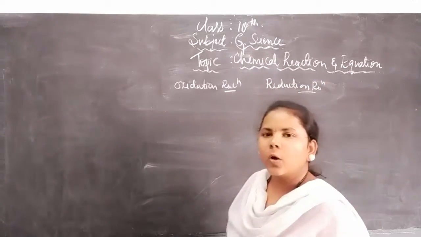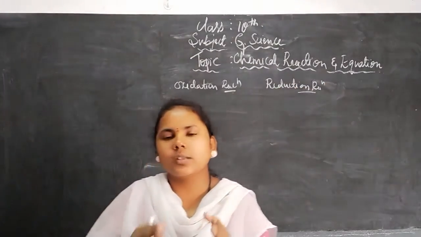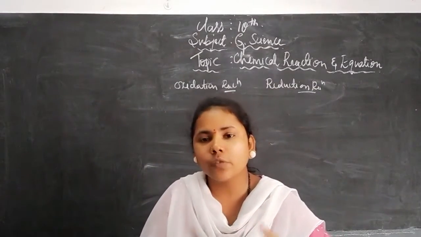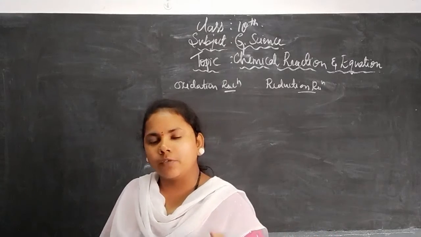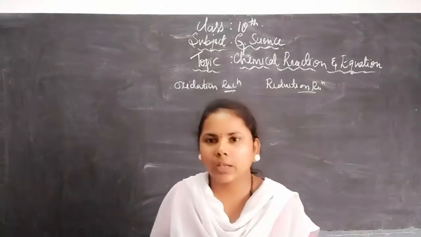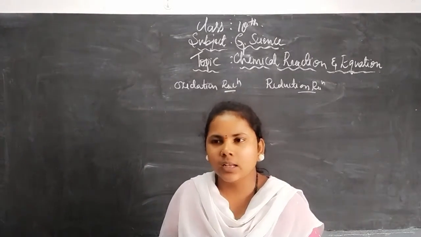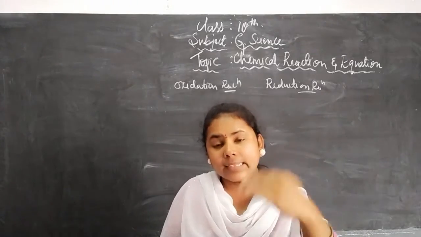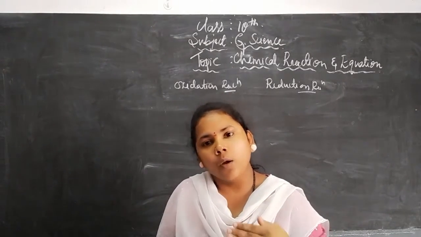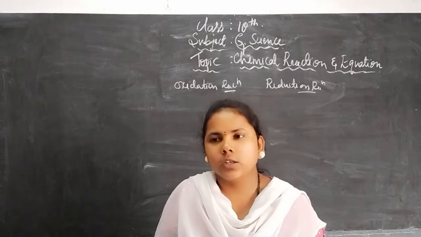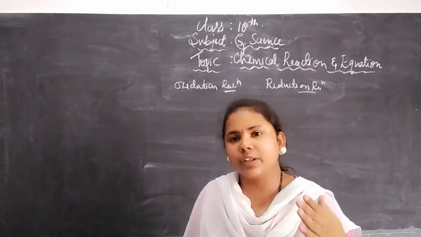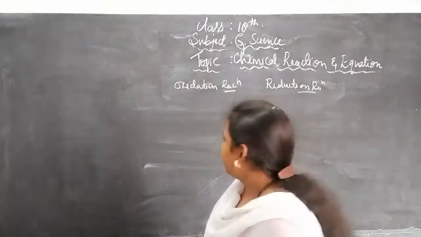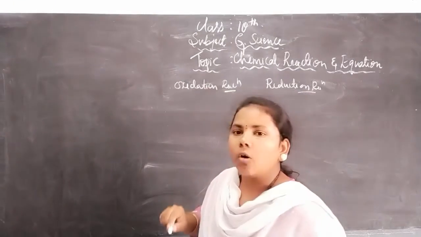Now what do you mean by oxidation reaction? Oxidation reaction is nothing but the addition of oxygen. We have studied different kinds of reactions, we have written the word equations, chemical equations, balanced equations, everything, right? And we have talked about this depending on the atomicity and also valency, right? So here also the addition of oxygen takes place in different kinds of reactions. So that means we represent it as an oxidation reaction.